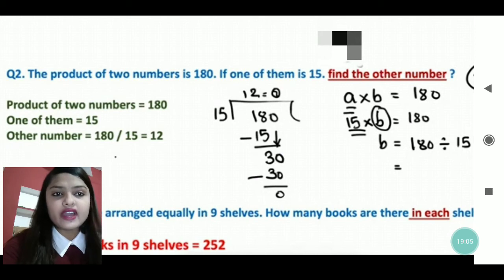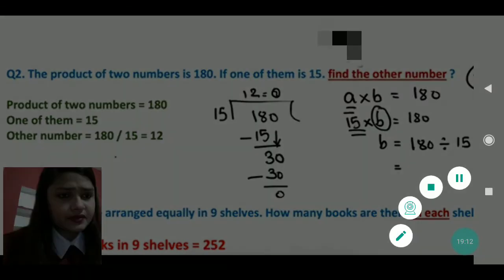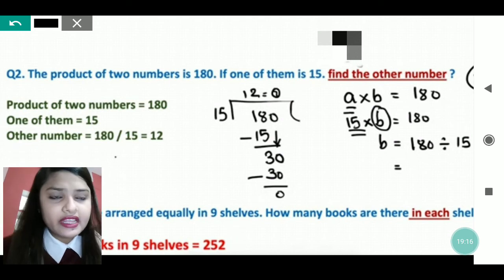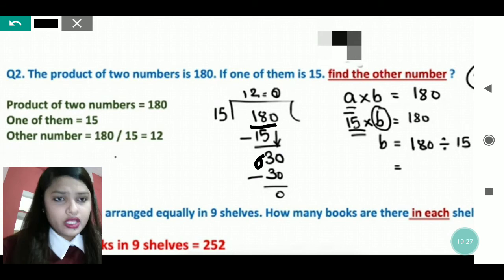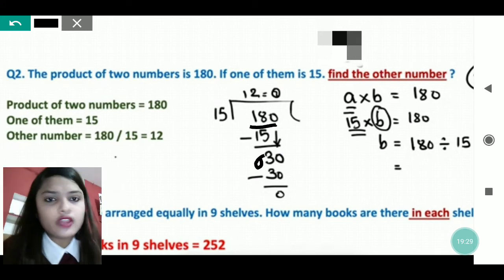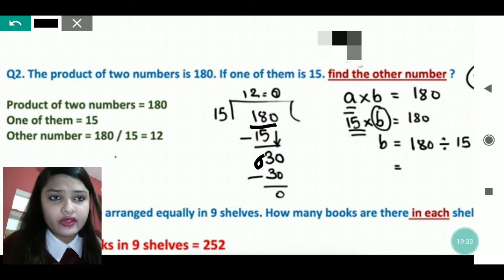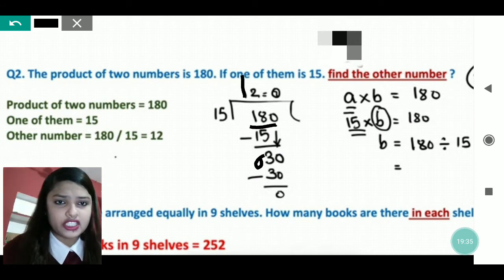So you have to divide 180 by 15. Okay, again here 15 only. You can see in the table of 15, 18 is not coming. So we will write 15 just below 18, and we will subtract. So 8 minus 5 will be 3, and 1 minus 1 will be 0. Now, is 3 divisible by 15? No, it is not divisible. So in how many times have we got the 15? In 1 time only. So 1 we will write in the quotient column.